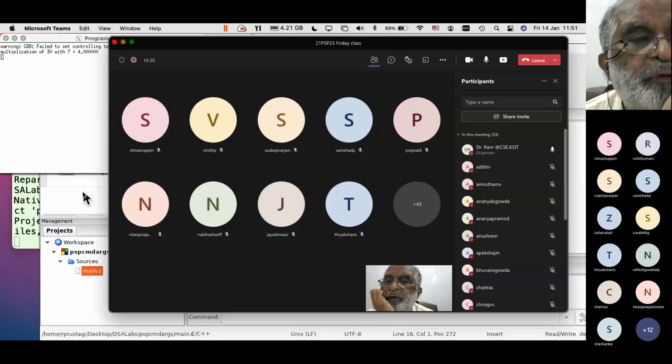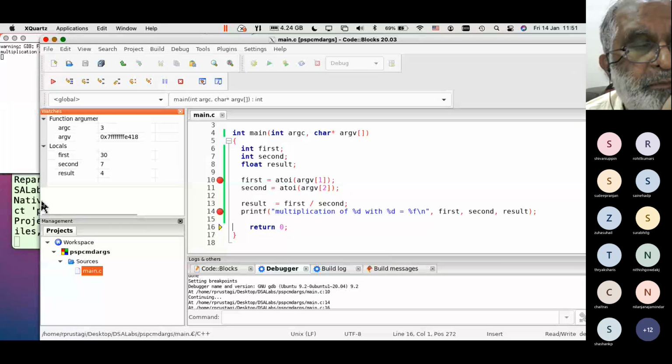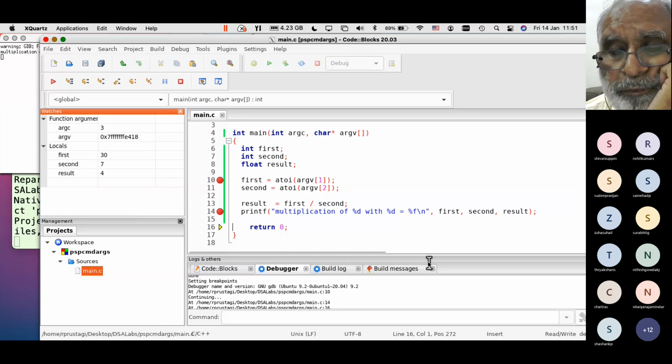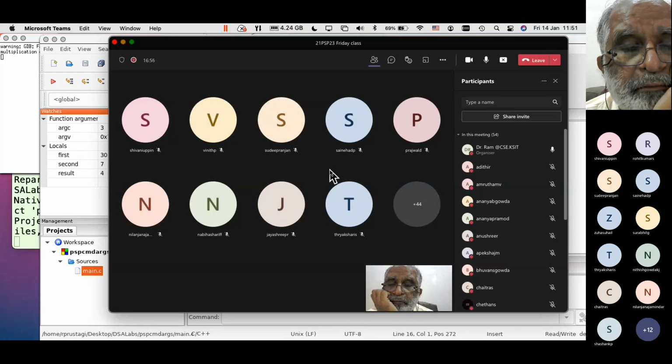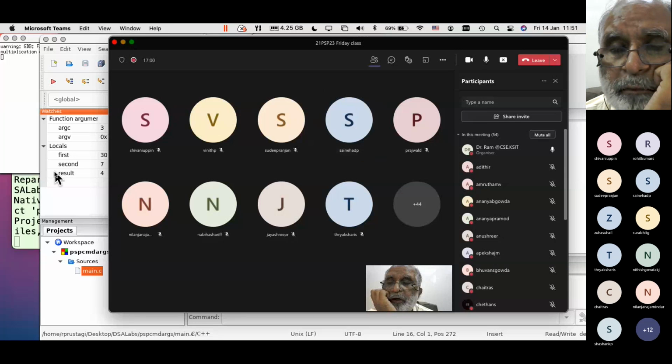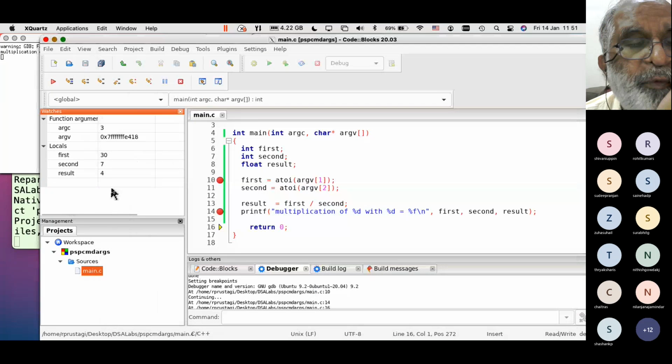Why is it not showing me 4.2, even though I declared this as float? Any thoughts? Or anybody else? Sai Neha? Why is this 4.0 and not 4.2?